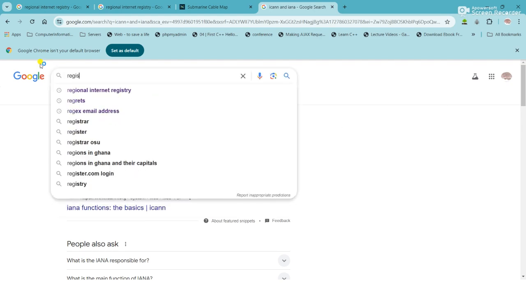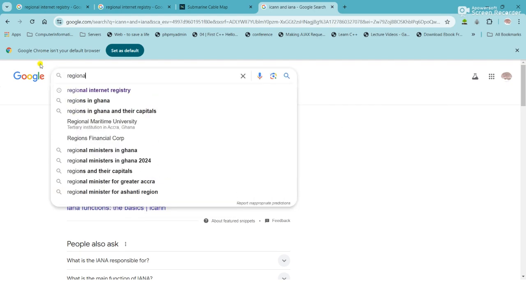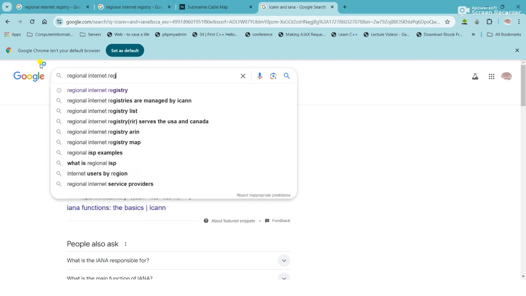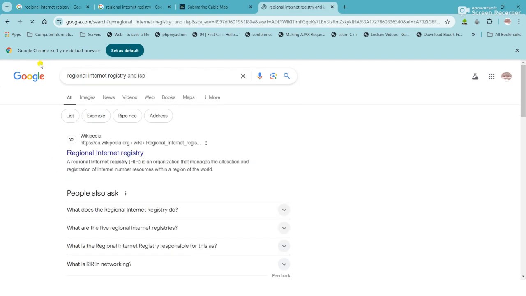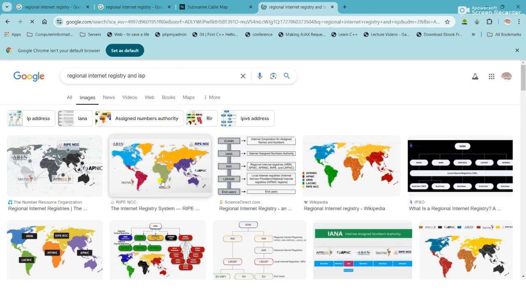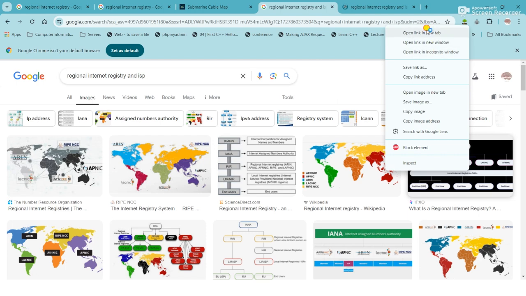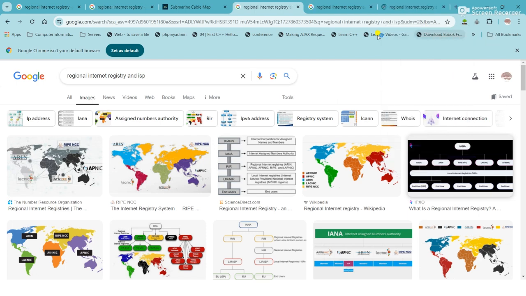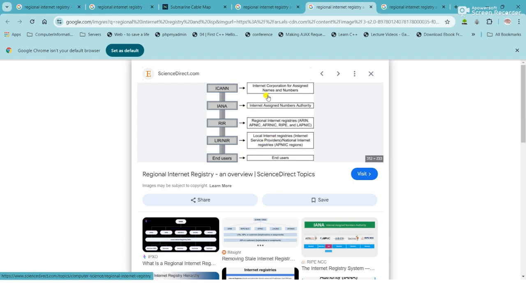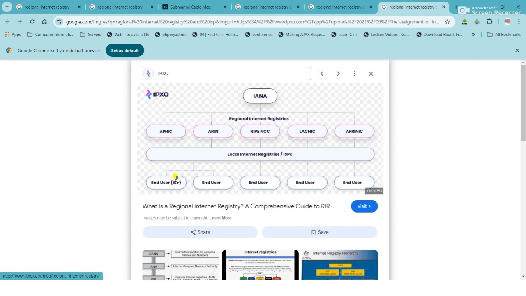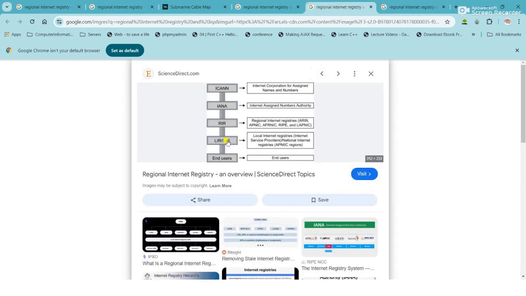With those out of the way, let's look at this diagram. All this I'm explaining will make sense later on. Internet and ISPs: there's a diagram I want to show. Can we check this out? All this we are gradually getting into, how they know your location and other details. As you see it now, these are the regional internet registries from this diagram here. You can check them out later on the site, or you can also look at this one too. I prefer this one, so let's look at this one for now.